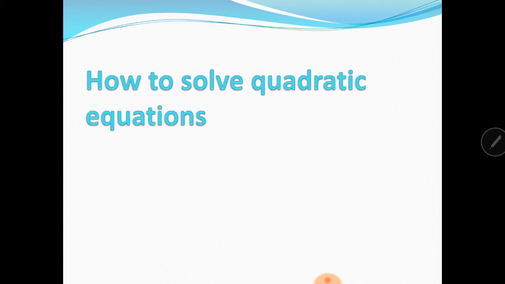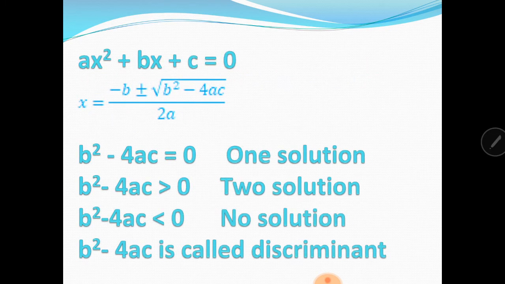Quadratic equations are in the form of ax² + bx + c = 0. This is the general quadratic form. So a can be any number, b can be any number, c can be any number. So this is the formula: x = (−b ± √(b² − 4ac)) / 2a, where